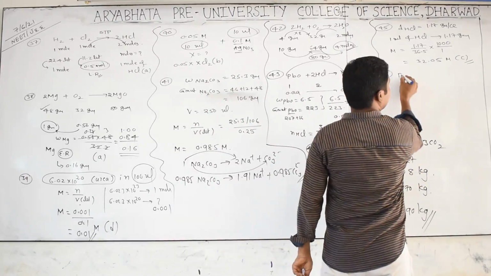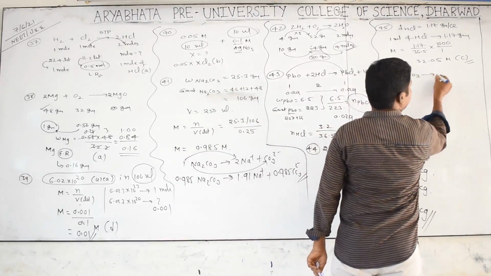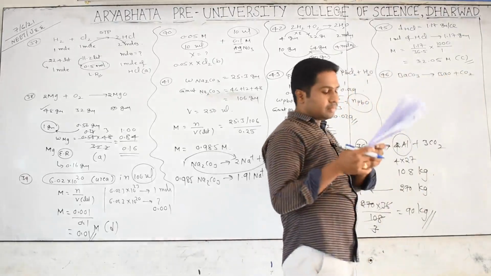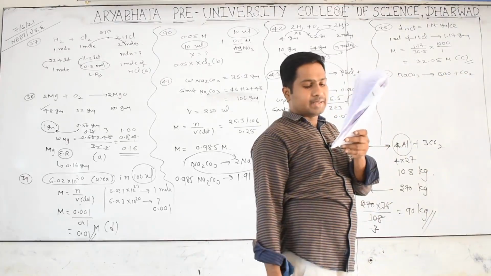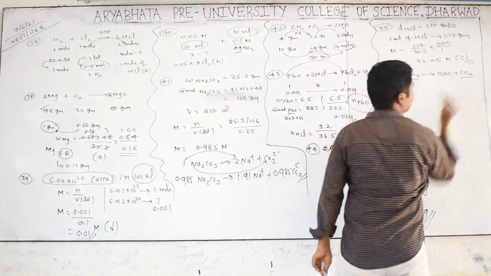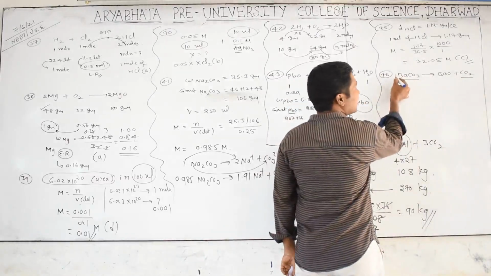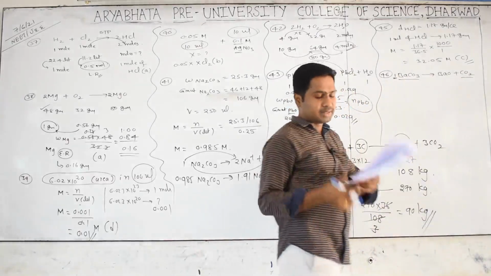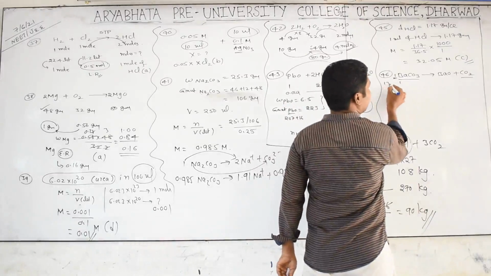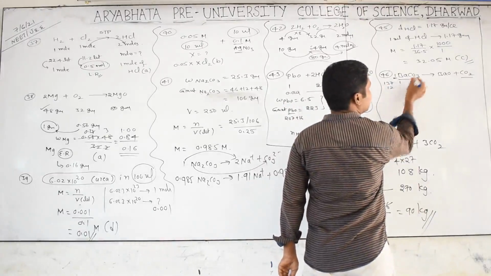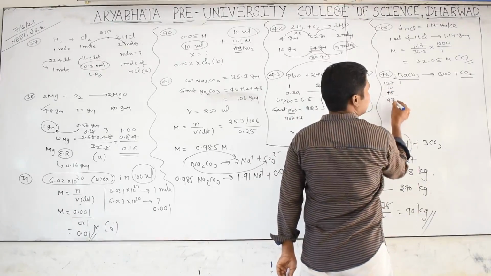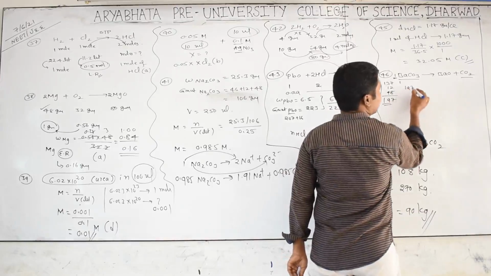Barium carbonate decomposition, think about it. Barium carbonate gives barium oxide plus CO2. How much volume do we get at STP with BaCO3? BaCO3 and CO2 is what it is telling. So BaCO3 is how many moles? 1 mole. 1 mole means barium is 137. You calculate it: 137 plus carbon 12 plus 3 16s, 48, which is 197.